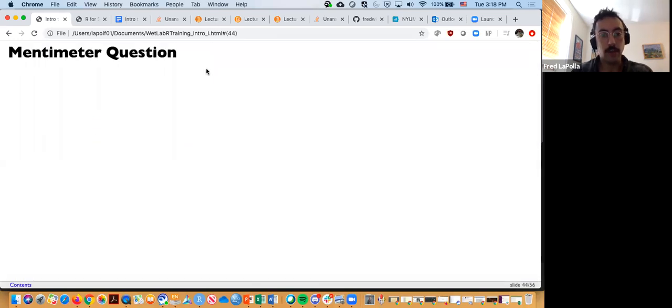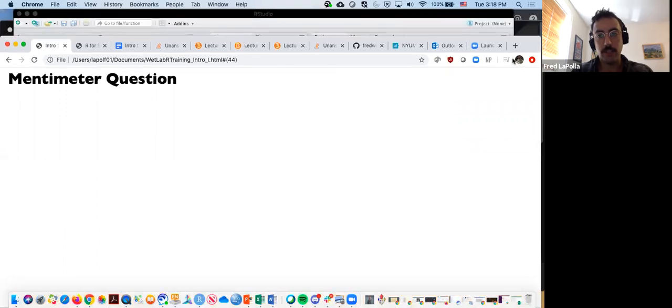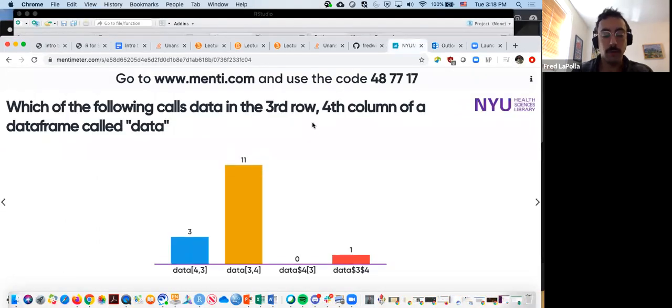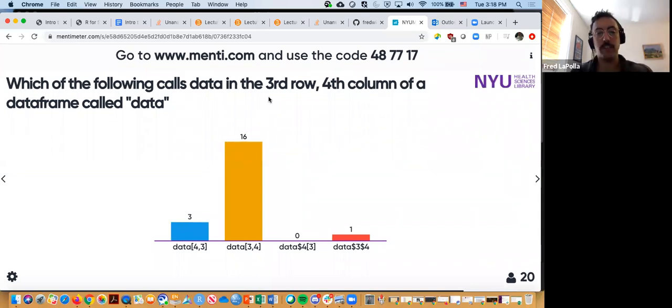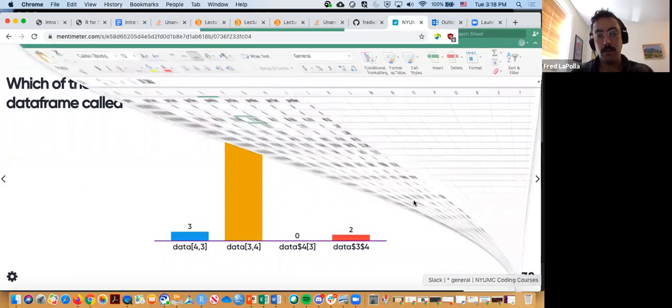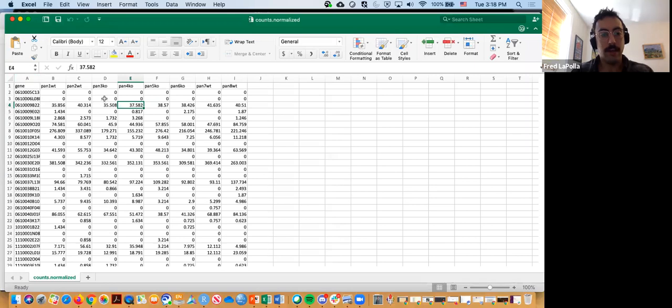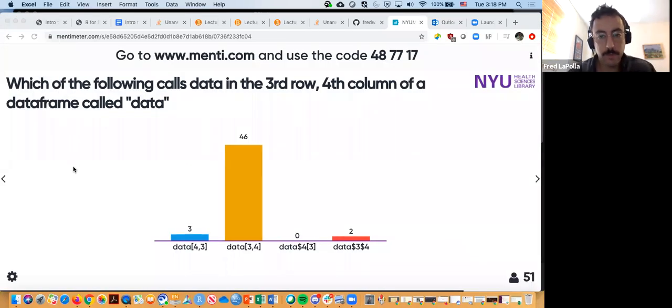Let's see. Oh yeah, so let's try out another Mentimeter question just to sort of quiz you all. Oh, well, so some people have already answered, but those jumping ahead. So if we want to look for the 3rd row, so horizontally down, 4th column, 4 over. So if it was that Excel document example, so here by here, so 3D as it were in Excel speak. Excellent, and it seems like most are getting this. So yeah, just to sort of drive this home, this is going to be this